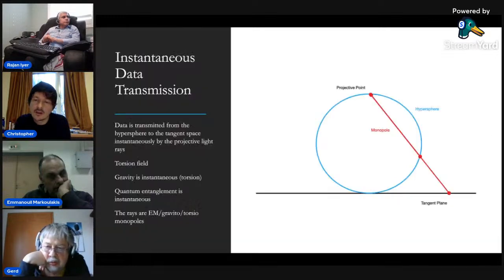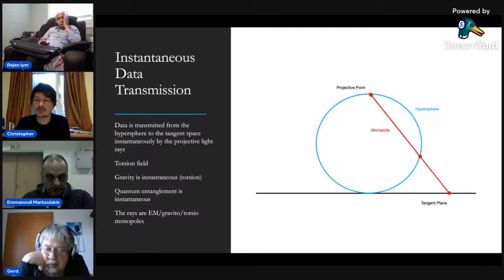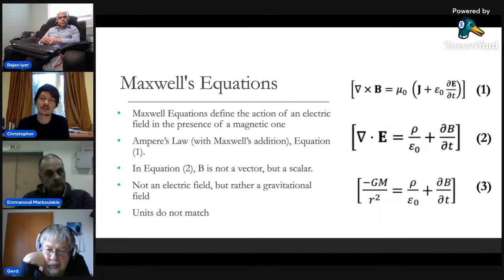Basically, with the monopoles as well, I forgot to mention this, they are light, because we're talking about light essentially streaming from the projective point to create the projection. Light, as we know, is an electromagnetic wave. But in the monopole version, we're reversing that and saying it's a magneto-electric wave in a sense. Instead of electromagnetism, it's the reverse. So we're looking at Maxwell's equations. For example, here we have